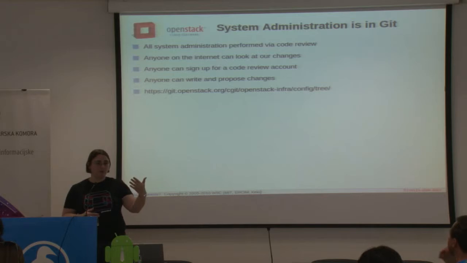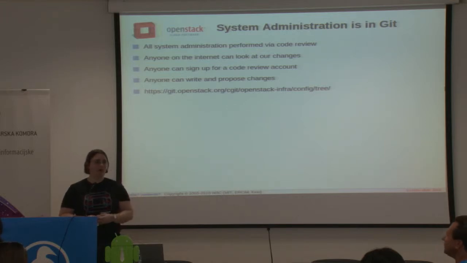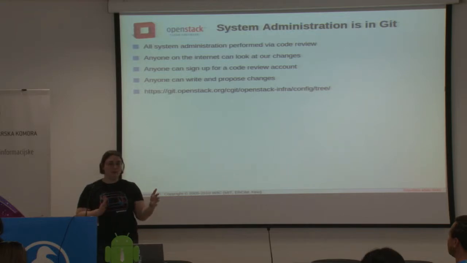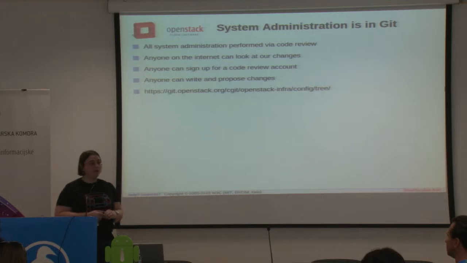By default, it just brings up the page that has the latest fixes and changes in OpenStack itself. So you'll see infrastructure changes and OpenStack changes, compute, networking, all kinds of changes. Anyone can see the review.openstack page. Anyone can sign up for a code review account, which has been really helpful to me because I sometimes pull